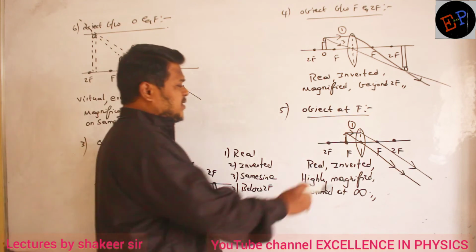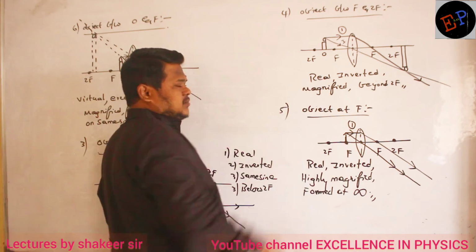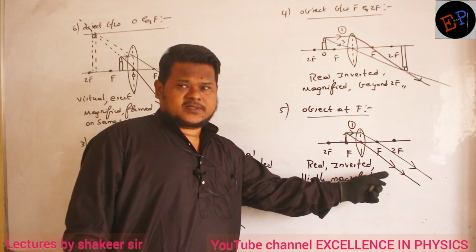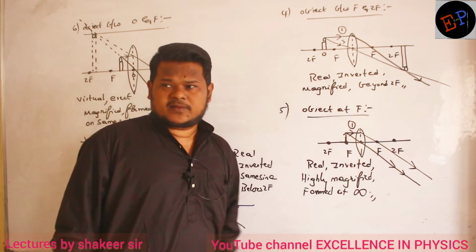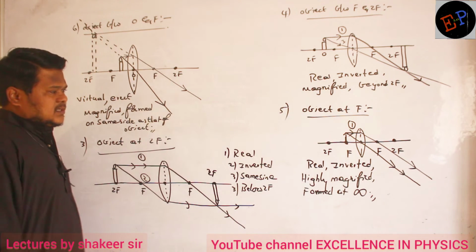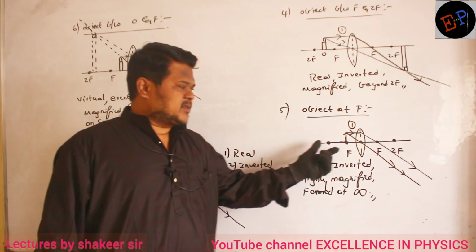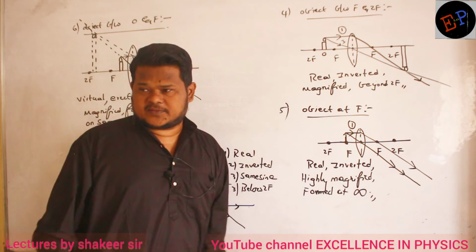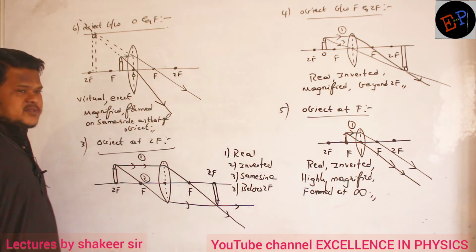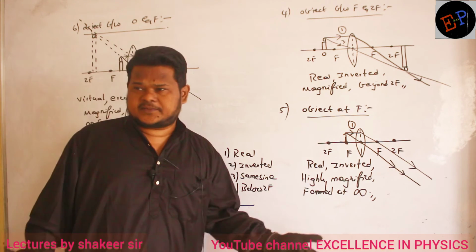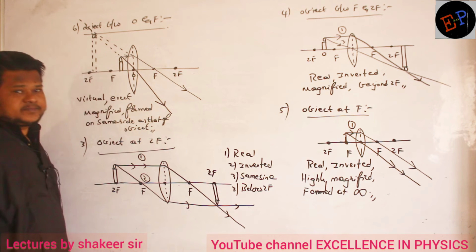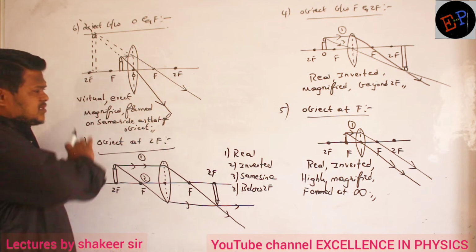They never meet, be on the same side also, no? Definitely real light rays are present and they are going to join somewhere at infinity. It means practically you cannot see the image of this object here. If you place an object at focal length, you cannot see the image of it. Real image also you cannot see, virtual image also you cannot see. But here definitely you can see virtual image. Are you able to understand? So these are the properties.